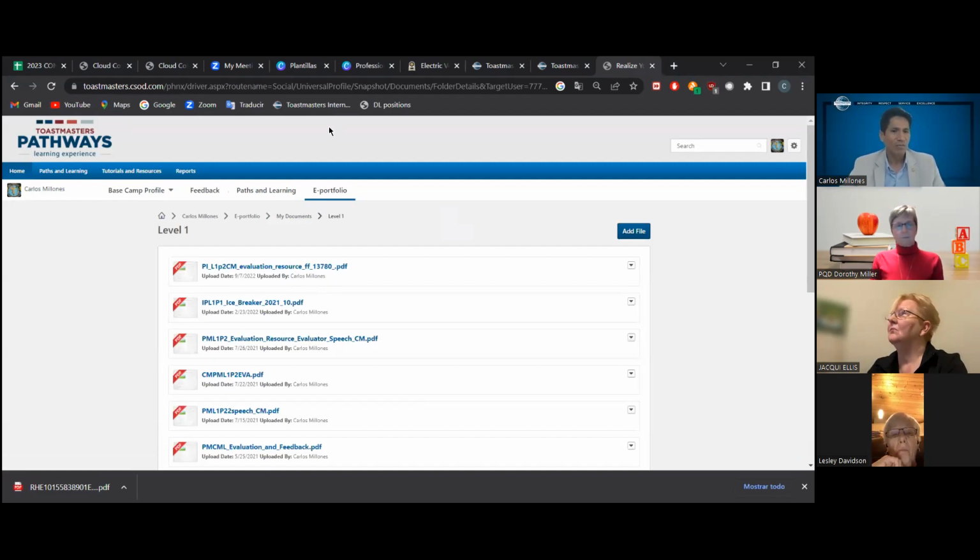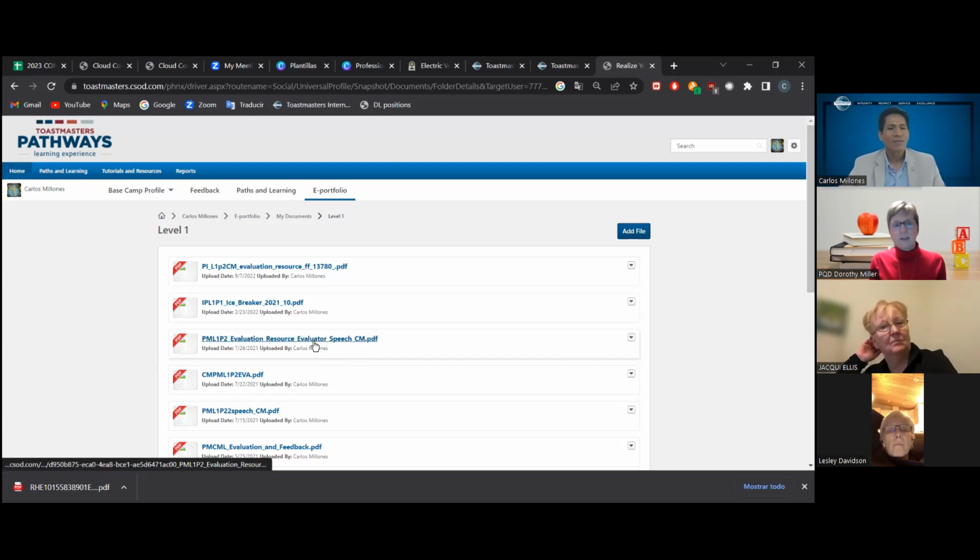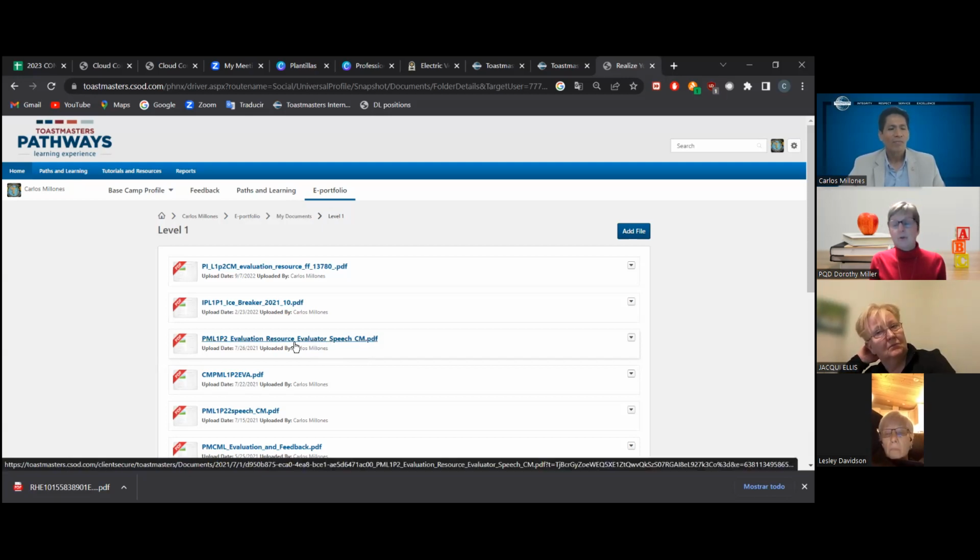So it's approved. So this area has changed from how it originally worked. And Carlos helped me learn this, that it used to be that no one could see those levels in your documents other than you. And now the Basecamp manager can see the evaluations in your level. Am I correct, Carlos? No, they cannot see, but